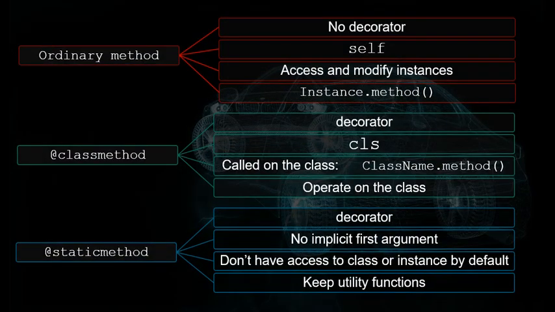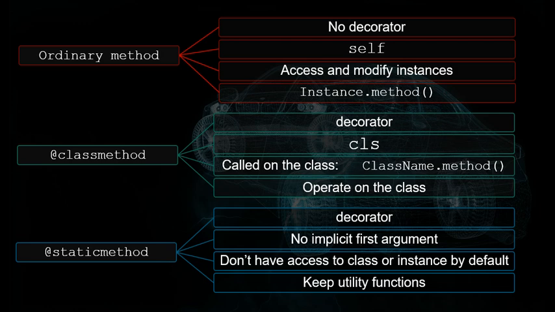There are three types of methods in a class. There's the ordinary method. It doesn't need any decorator. It receives self to mention the instance, to access and modify instances. The syntax is this: instance.method. And then there are class method and